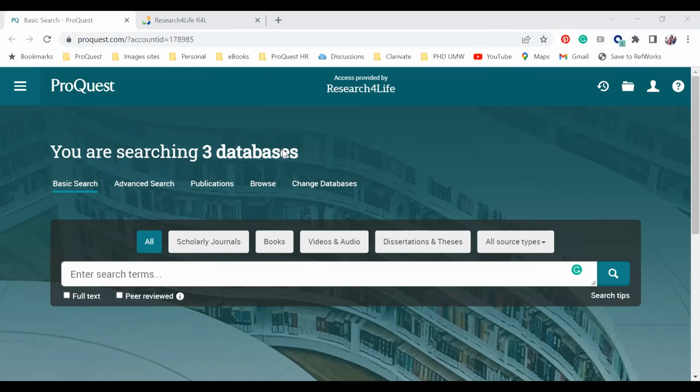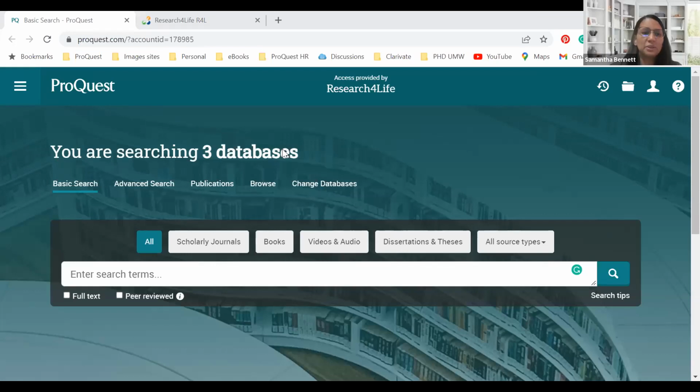At this point in time, ProQuest has given free access to the members of Research for Life. 95 countries have been selected for this, and they are going to get free access to all 5.4 million dissertations and theses. There is no charge for that. You can contact your representative through whom you are going to be connected with this membership, and they can provide you all that. If you are in that 95-country list, you have full access to the PQDT Global platform.